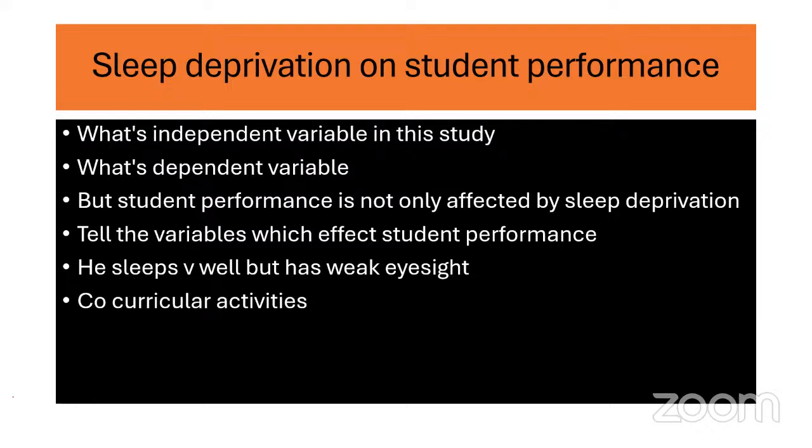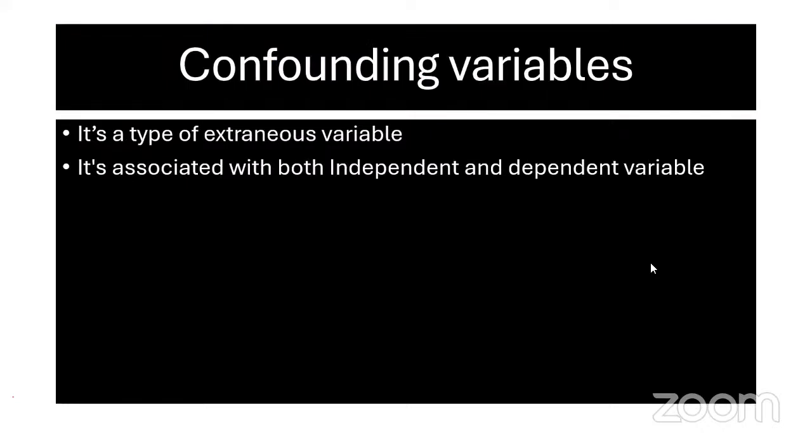Quality of lecture delivered, yes, maybe student performance का one factor हो सकता है। Yes, you are right. Quality of teaching, को करिकुलर एक्टिविटीज में वो ज्यादा इन्वॉल्व हो रहा है। आखिरी वेरिएबल की बात करते हैं, कॉन्फाउंडिंग वेरिएबल। एक्सट्रेनियस वेरिएबल पढ़ने के बाद ये समझ आता है, ये उसी की एक टाइप है, ये एक एक्स्ट्रा चीज है जिसको कंट्रोल करना, एड्रेस करना, आइडेंटिफाई करना बड़ा जरूरी है रिसर्चेज में।